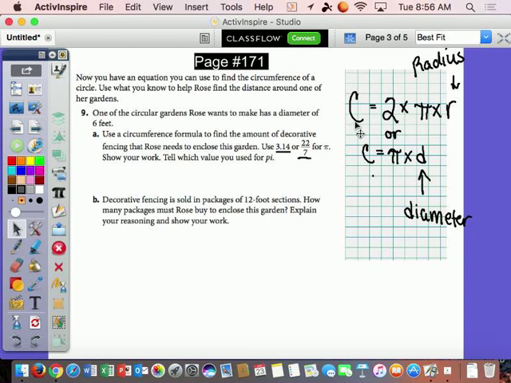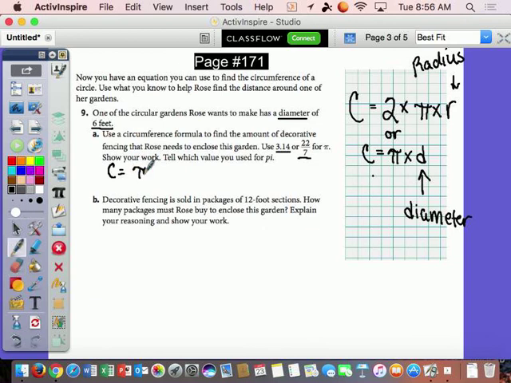So, it does not matter which one of these you use. Let's write that down. We have C equals, I'm going to just use this second one right now just because it says diameter is 6 feet. Okay? So, I'm going to also use 3.14, and I'm going to put C equals, let's write which one I'm using first,